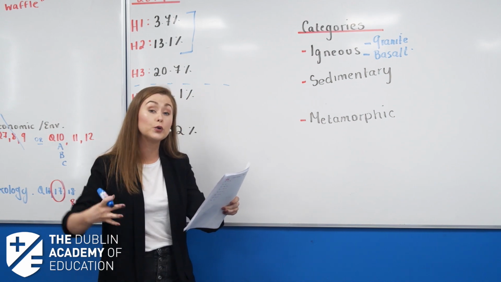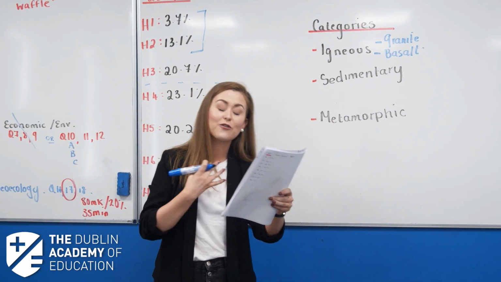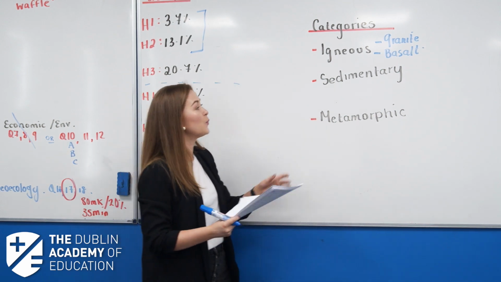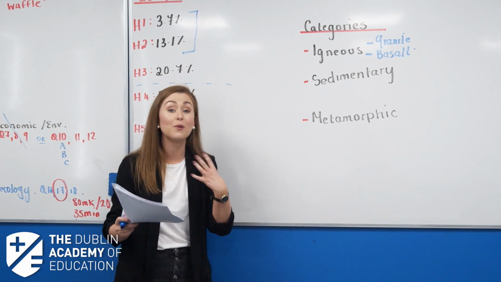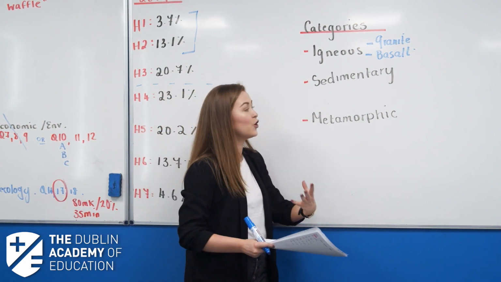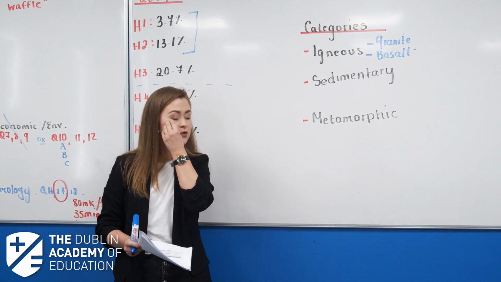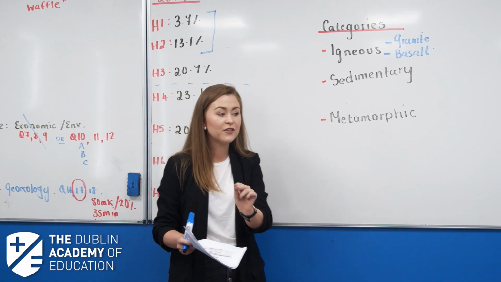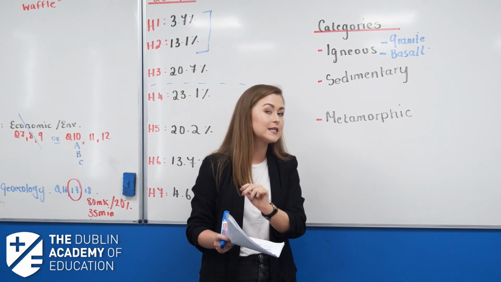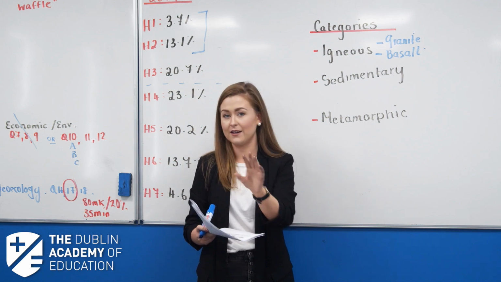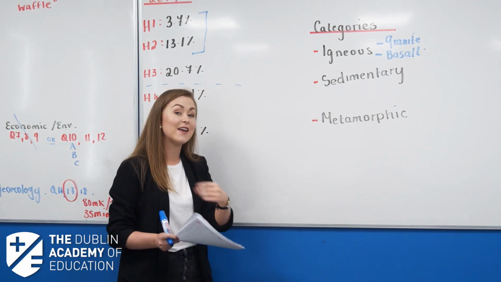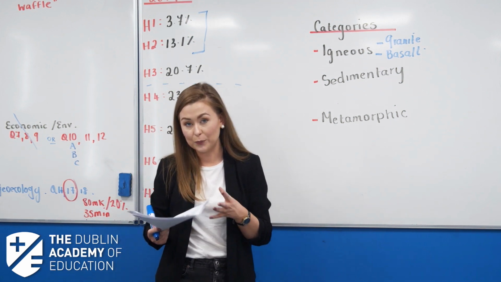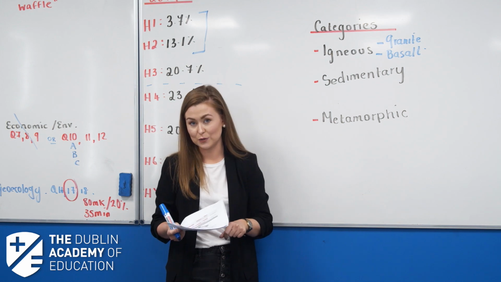Your sedimentary is your next ones. So sedimentary is your group or your category, and they're formed from the compression and compaction. Highlight them 2 words there. Compression and compaction of the remains of plants, animals, and other rock types. Now, a word to write in there beside compression and compaction is lithification. Lithification was asked in a 2017 part A off the top of my head. You can double check there. 2017 part A, they asked you to briefly explain lithification, and that's just the compression and compaction of these materials, which we discussed there.